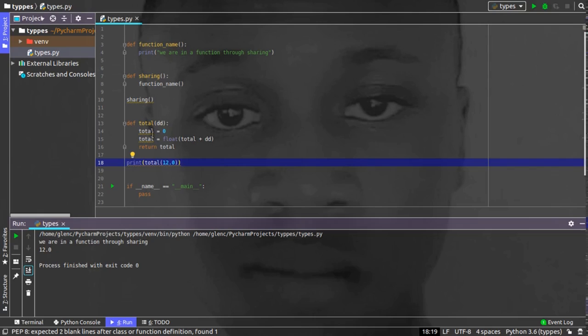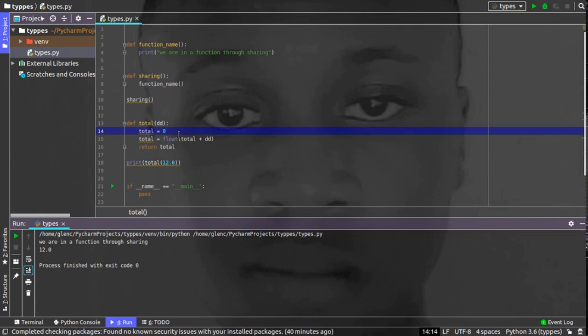So what happened is it just returned 12.0 alone because we did not specify more arguments. That's why you want to use something more like a loop or something. So we're going to say